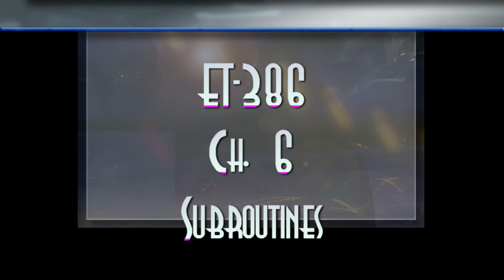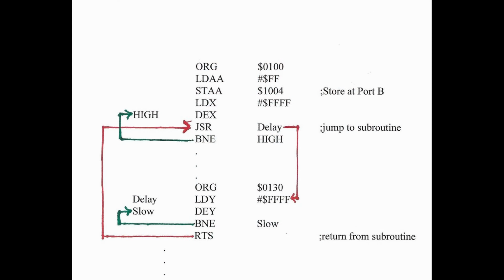This chapter is on subroutines, which is the method the microprocessor uses for jumping back and forth between the main program. Notice the program that I have shown and that I have drawn some arrows to show that when we get to a command called jump subroutine, the microprocessor will jump forward and execute a subroutine called delay. When it gets done with that subroutine, it executes a command called return from subroutine and it'll go right back